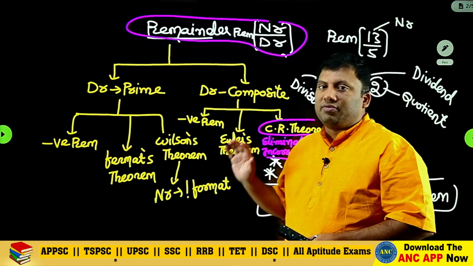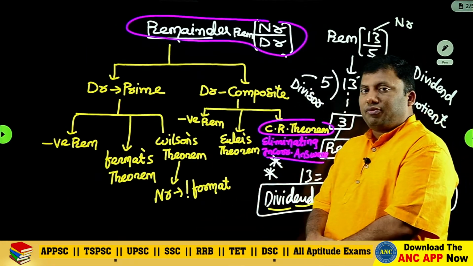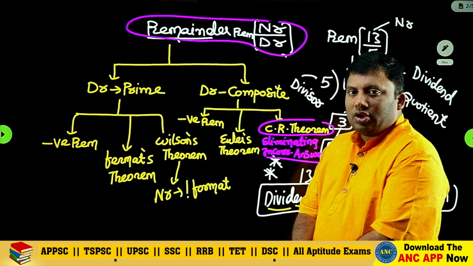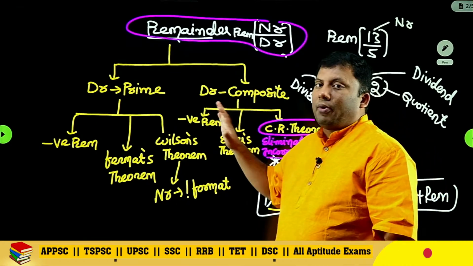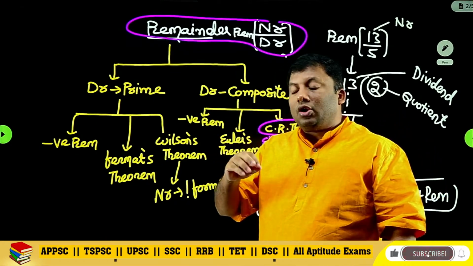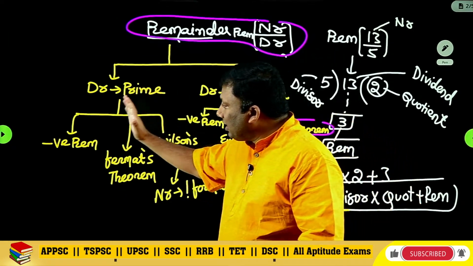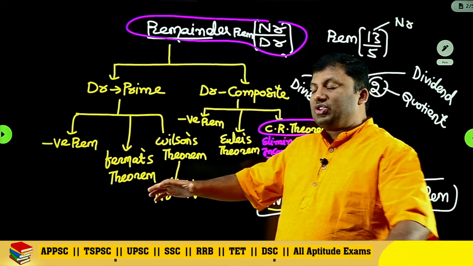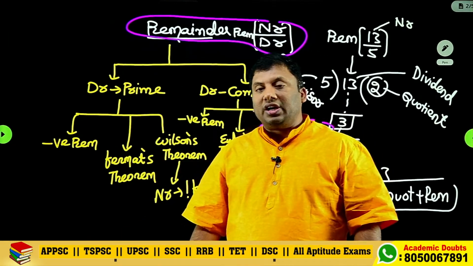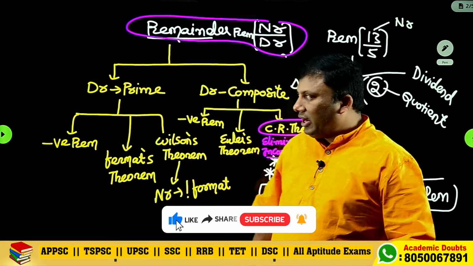Please make a note of that table, and if you want to take a screenshot, you can take it. It is an extremely important table for understanding this topic in a very scientific way. You should learn it in a structured way. Just randomly solving 20-30 problems, you will get stuck, right?